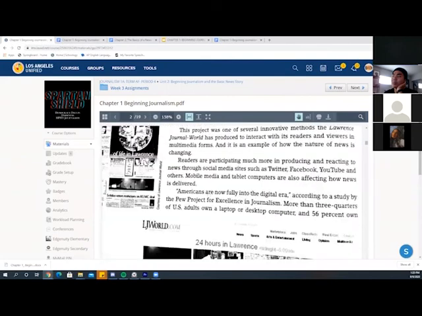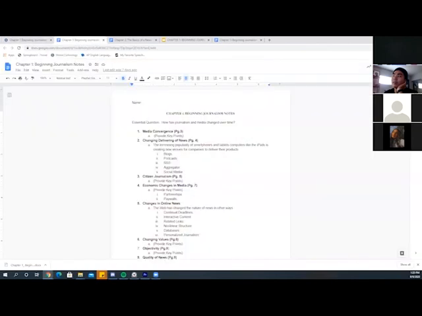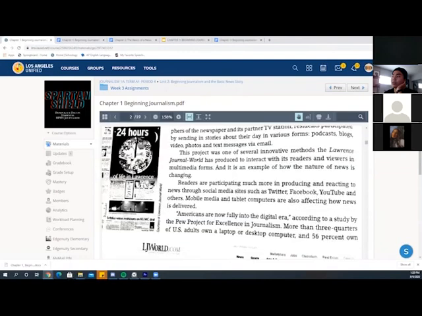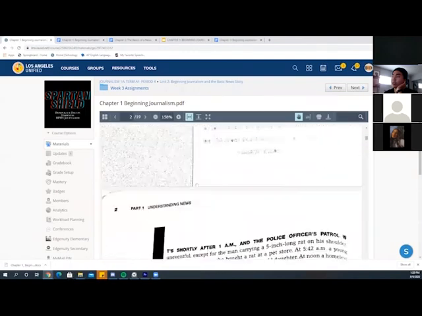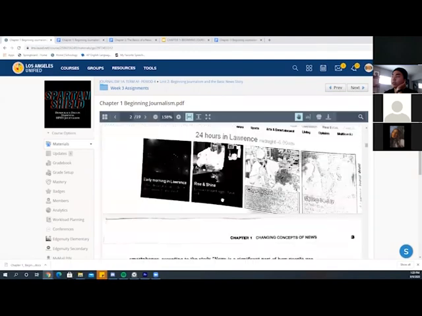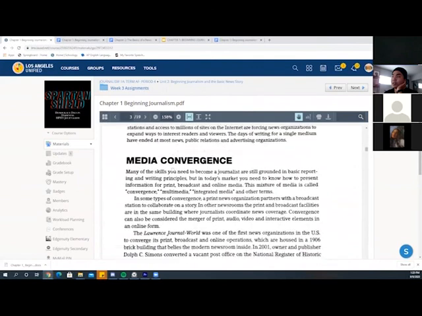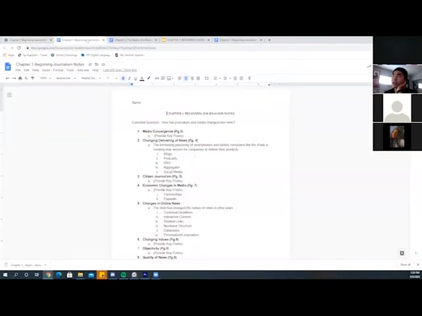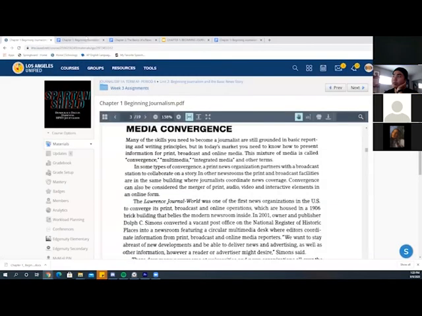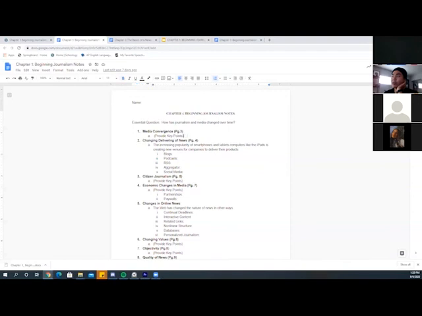Read through the chapter, and then for each section, so you see on this first section, it says media convergence. And then you notice up here it says media convergence. So for each of these headings, I need you to see what it asks you to do. So right here it says provide key points.